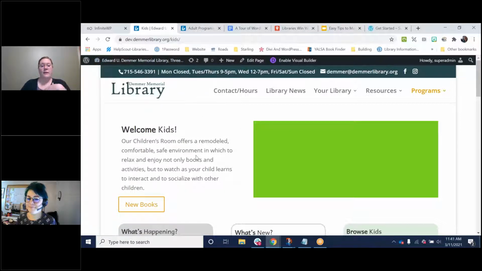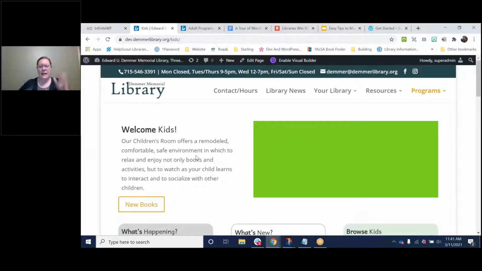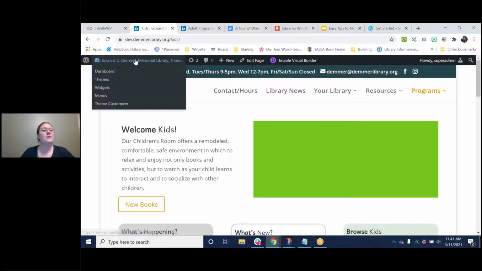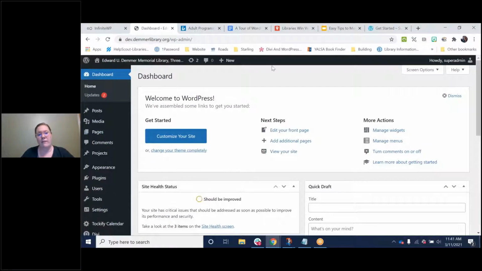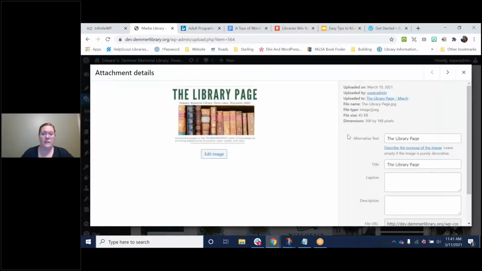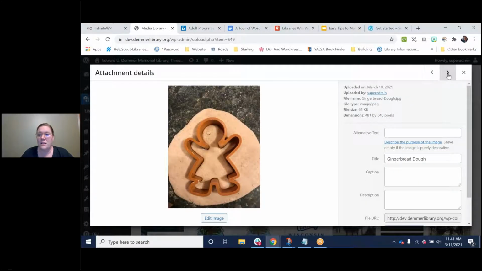Let's talk about one thing. So let's say you get really whipped up into designing and throwing all the content on the page before you forget what you want on the page. And then you realize, gosh, I don't think I put any alternative text on anything. Well, a shortcut is to go to your back side and find your navigation bars. And on there, you will find Media Library. Again, with all the images in there. What you could do is set aside 10 minutes this month to go through every image and make sure there's alternative text. Look at this. I didn't add any alternative text.